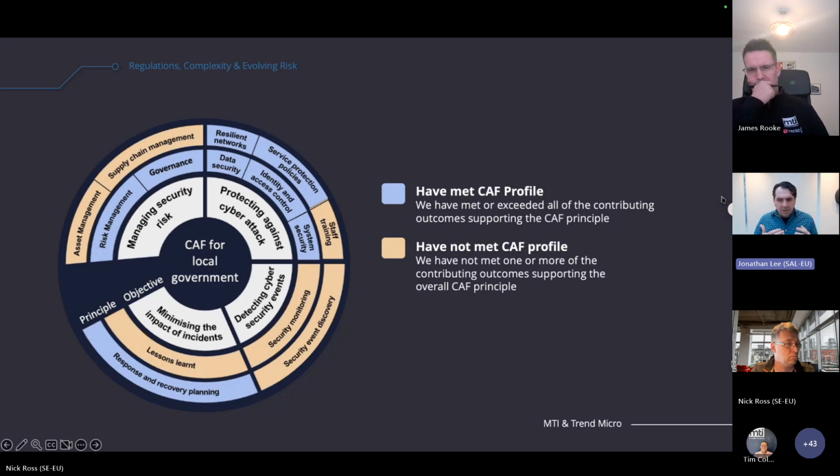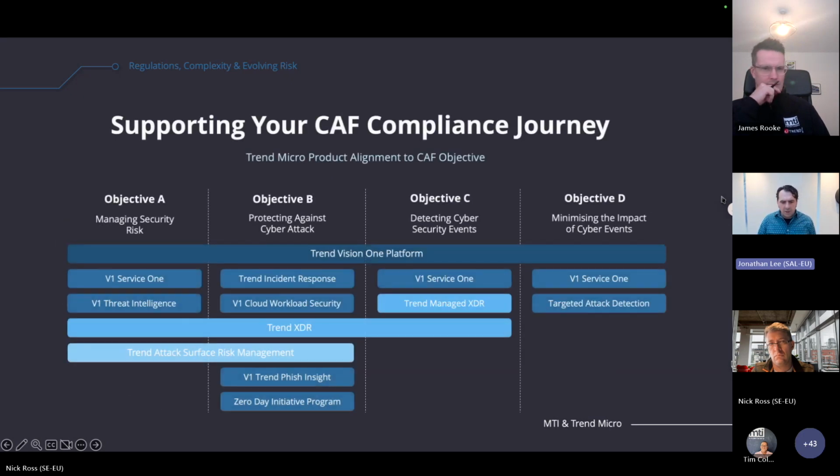So I really do think it's an effective mechanism of understanding the level of cyber resilience across your organisation that boards can buy into and feed into their risk register and things like that as well. I'd suggest that you look at that document that we showed the QR code for a minute ago, and there's a table in here which talks about how all of our portions of our solution, because we have a platform, a Vision One platform, fit together and then provide you with controls for objectives A, B, C, and D.